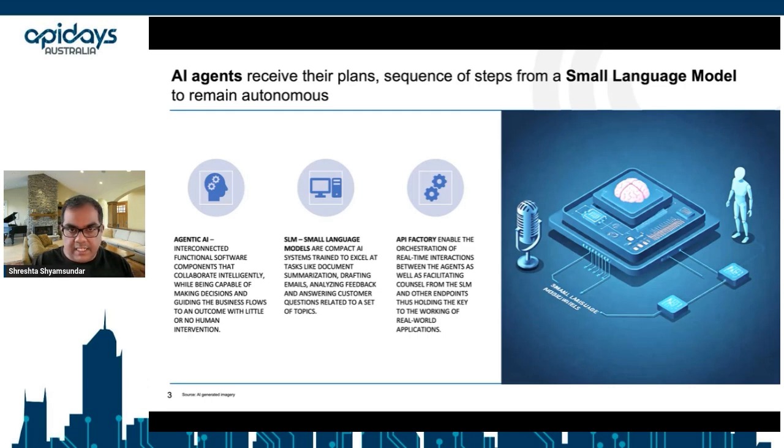Now, in terms of facilitating orchestration between these agents and the language models, is the API factory. So API factory facilitates real-time as well as non-real-time interactions between these agents in terms of making sure that it's getting the appropriate knowledge to make those decisions from the language models while keeping harmony with the peripheral infrastructure around this particular ecosystem. This is how real-world applications deliver business value and how these three components can be brought together in making that happen.